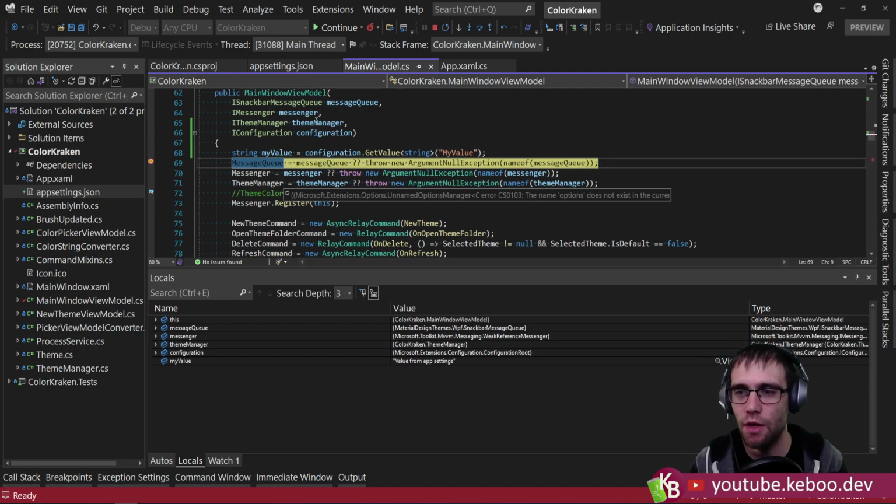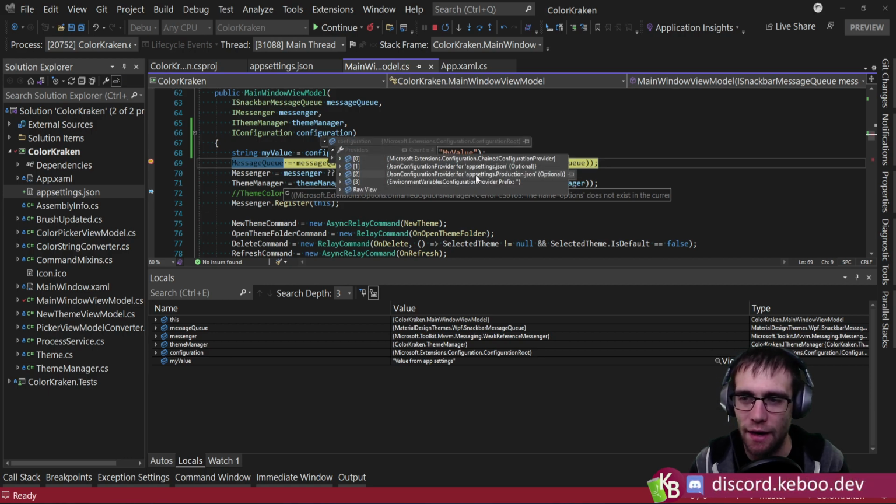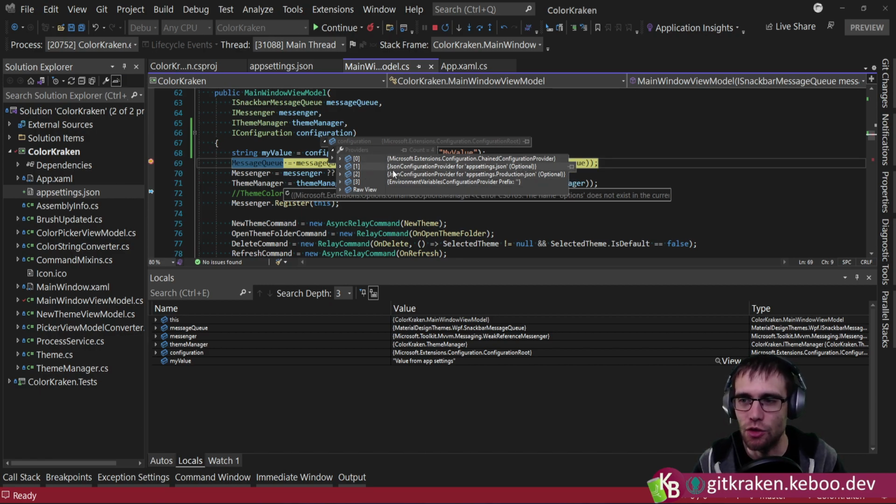And what's important to note is that this set of providers is a hierarchy. So the order that providers are added in matters, because the more specific providers or the later providers are going to override the previous providers, which is great because now you can start to build up your common settings and then your more specific ones for your particular use case. Again, when you don't control the host, you've got to be a little bit more careful with that, but we don't have to rely on just these settings files. We could choose to change this up and add in our own JSON configuration provider that does something more specific,